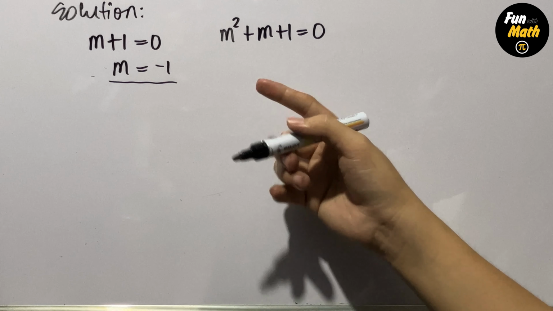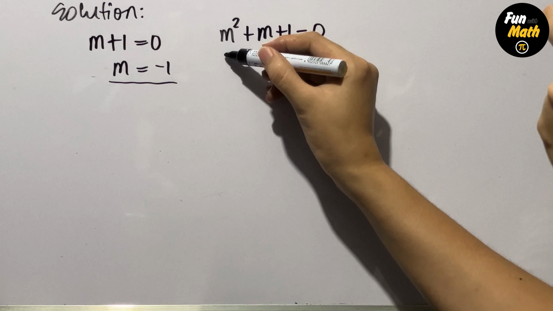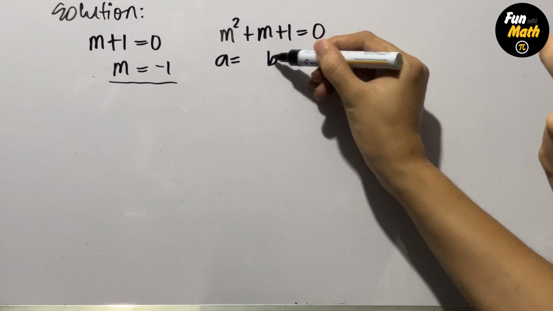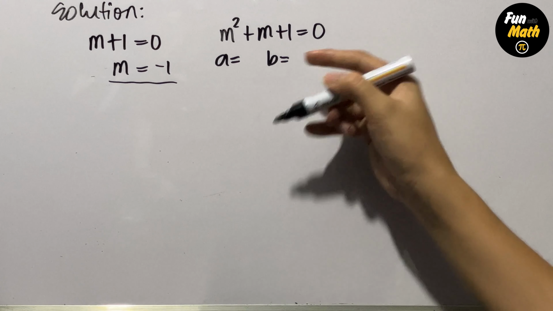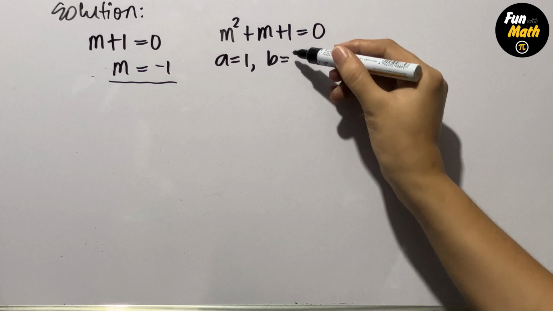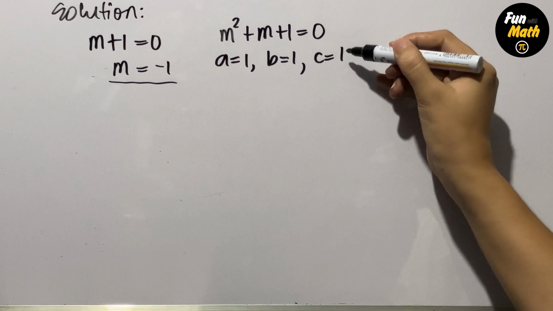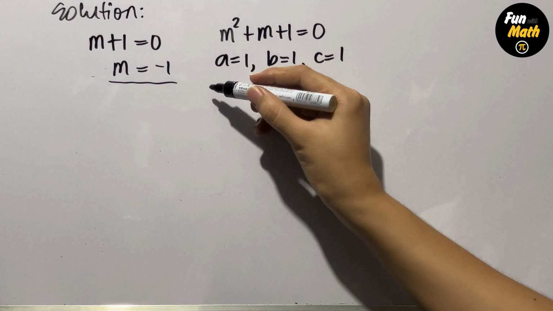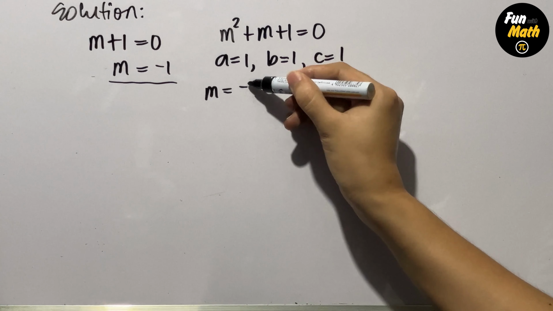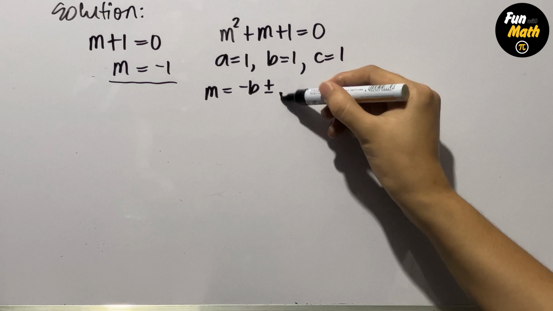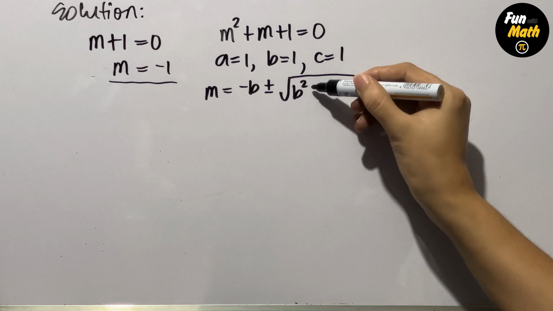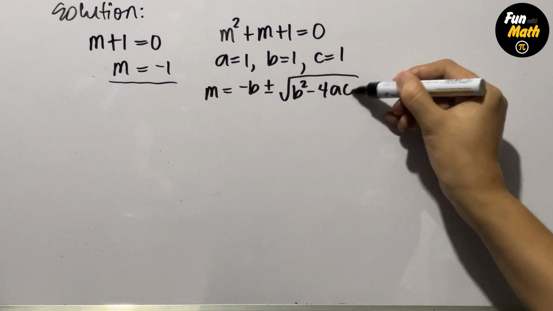But before that one, let's identify the values of a, b, and c. For a, we have 1. For b, we have 1. And for c, we have 1 also. And the quadratic formula is m is equal to negative b, plus or minus the square root of b squared minus 4ac